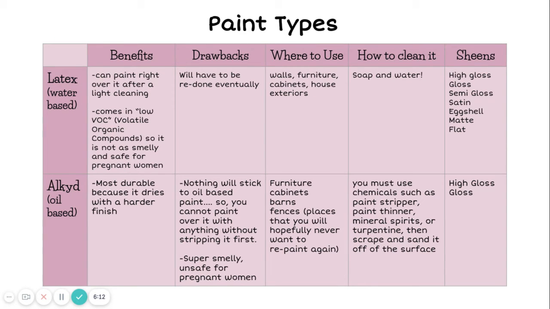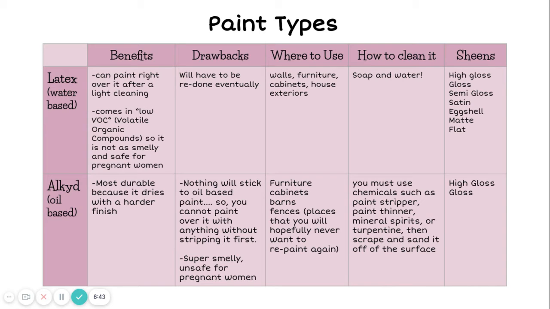Sheens would be the last thing, and sheens might not make sense. The sheens are actually your topic for tomorrow's video, so I'm not going to go into detail with them right now. You just need to write down this list: high gloss, gloss, semi-gloss, satin, eggshell, matte, and flat. Those are all sheens that exist, like all the types there possibly are, but we're only going to talk about 4 of those tomorrow in your video